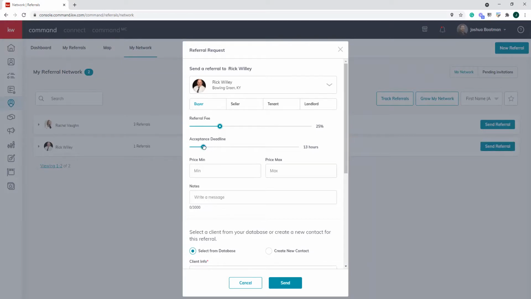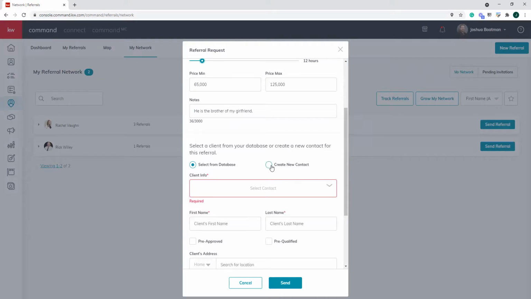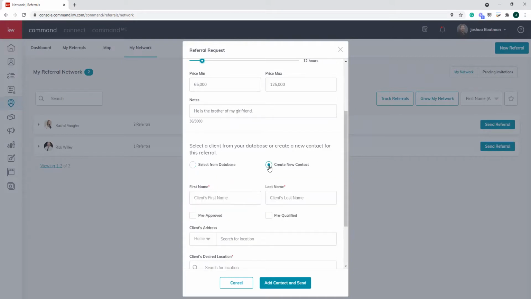So we'll do the acceptance deadline as 12 hours. We'll say it's 65,000 to 125,000. He is the brother of my girlfriend. We can then go through and select him from our database. If he doesn't exist, we can create him as a new contact, which will place him in my database. So this is going to be John